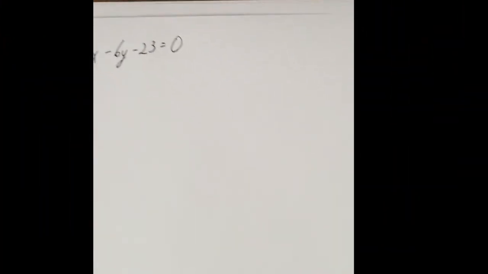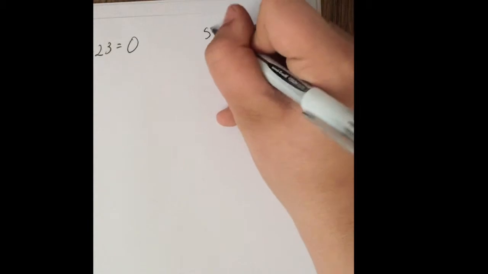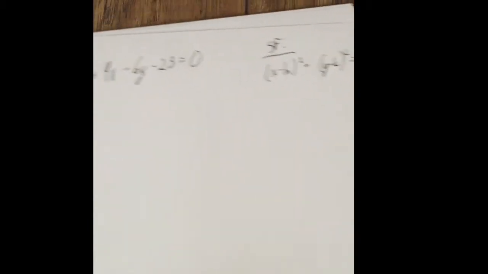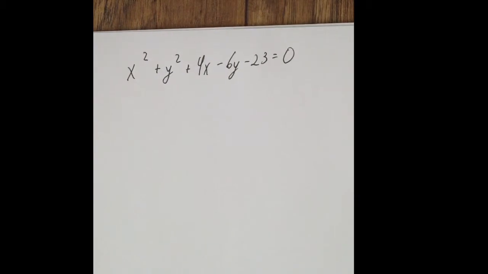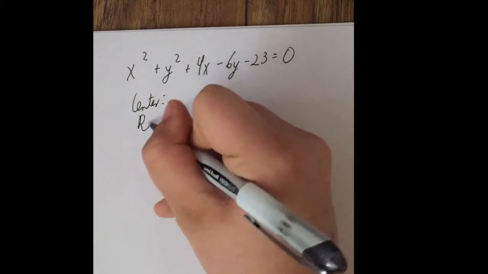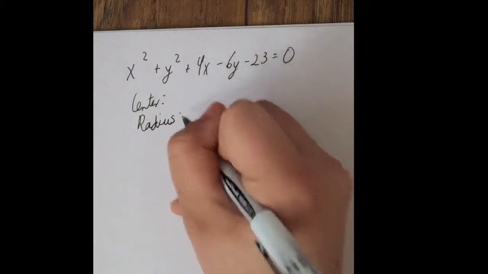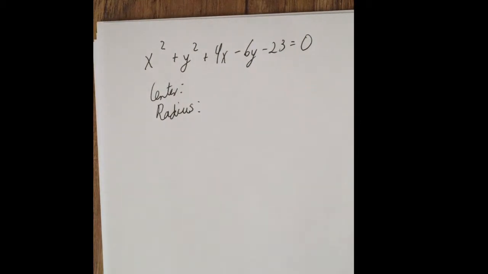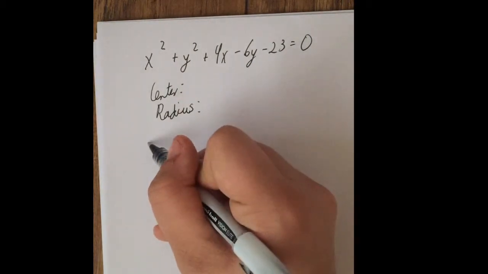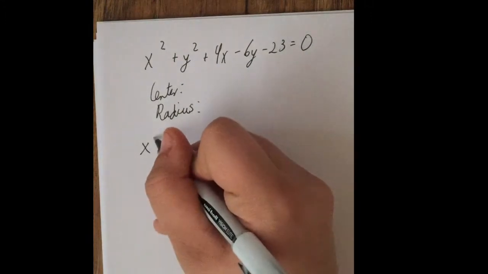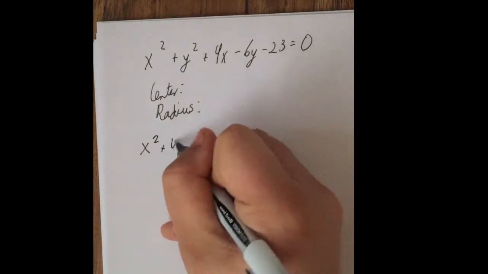Also keep in mind on the side your standard form of a circle. That's where you're going to need it later to go through completing the square, to find your center and your radius. So first you're going to have to complete the square. Rewrite this equation,